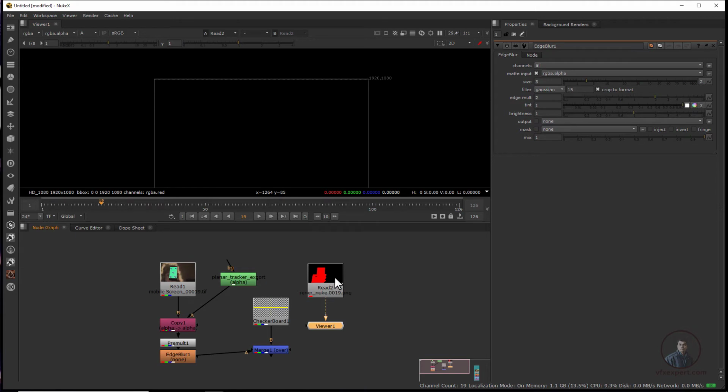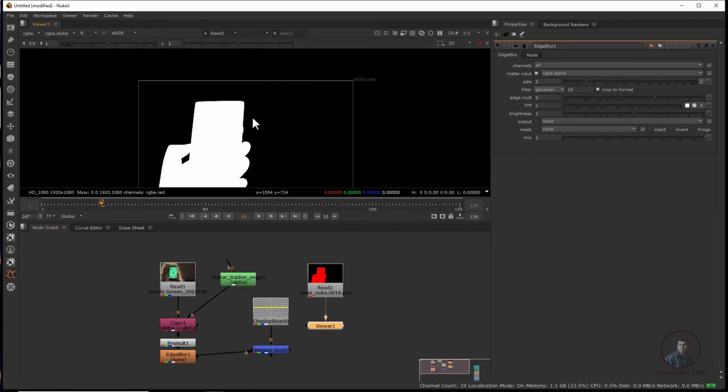This is important: in Nuke, if you are importing your alpha channel, it will show only in the red channel. This is the most important thing in Nuke. So here you have to press R. R means the red channel. In the red channel you can see alpha is there, but in the red channel. This is the main difference in both shapes. Now press A here.